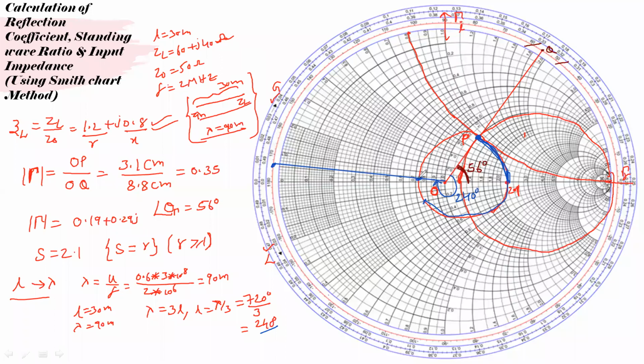Let me draw it in a simple way. Here, at this point, you need to identify the values of R and X. If you see, this is 0.4, 0.5, 0.6, 0.7, so it is somewhere near this point. Actually, the circle is not drawn in a good manner, so you will get the exact value if you take real measurements with a scale.